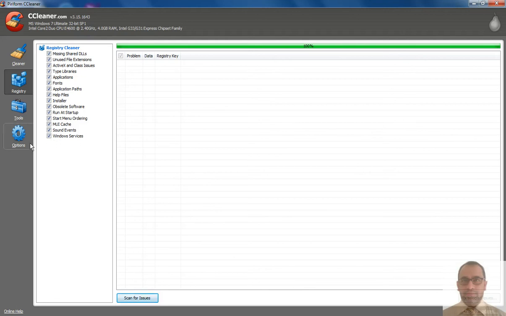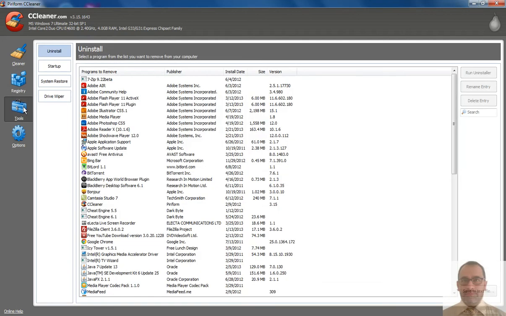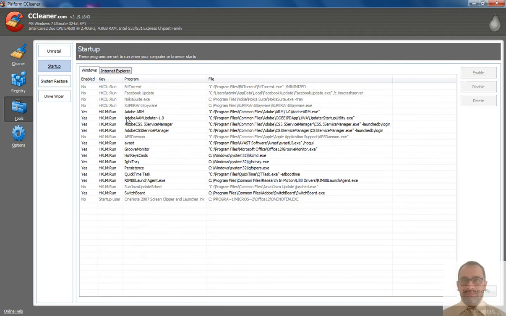CCleaner also has a tools option which comprises 4 other options. The uninstall option, by which you can directly uninstall a program without going to the control panel. The startup option, which lists all the programs which get automatically started when you boot your computer.